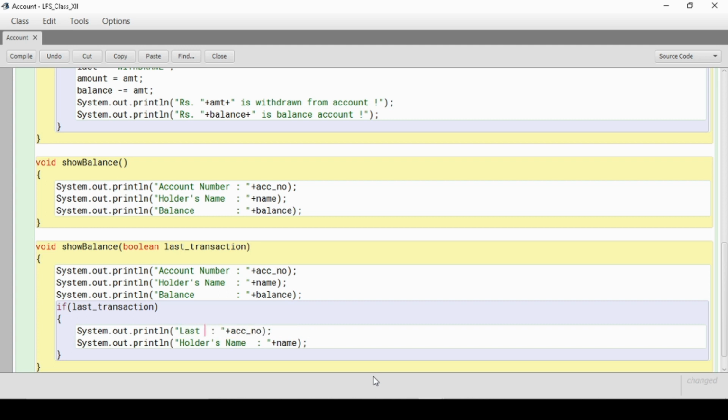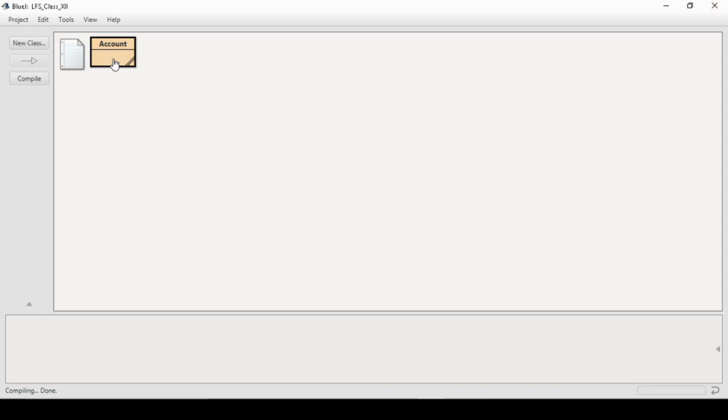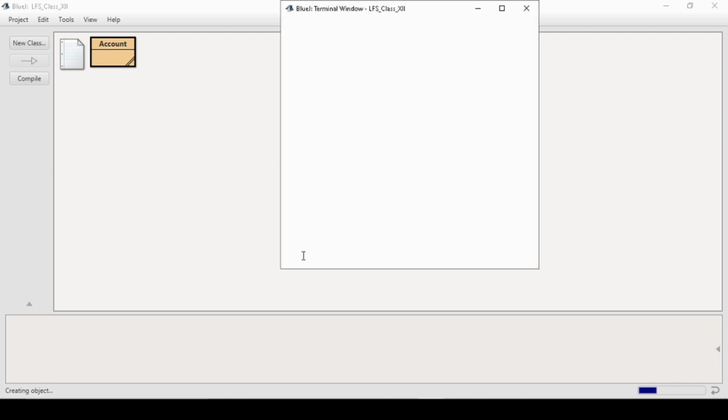So last transaction and amount in transaction. So okay, fine. You can see here I have done polymorphism. Here I have actually overloaded the method by changing the signature, by changing the number of parameters.